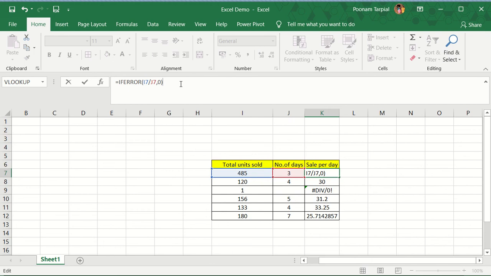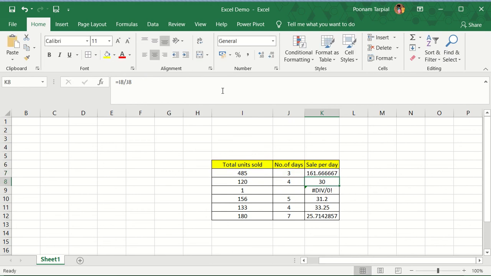I've applied this formula and then I'm going to hit enter on the keyboard. Nothing will happen in this specific cell because I already have an entry, that means I have the value in the I column and the entry in the J column. But if I replicate this formula to the remaining cells as well, you can see very well that my error has gone and it has converted that entry into 0. Why? Because my divisor was missing. This way, people, you